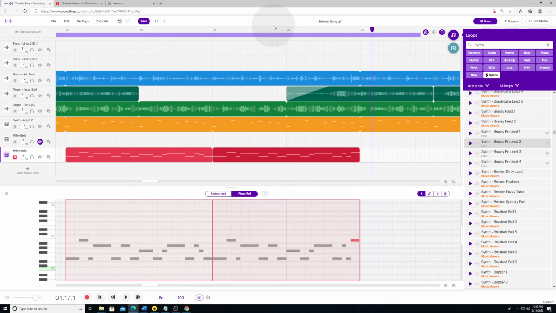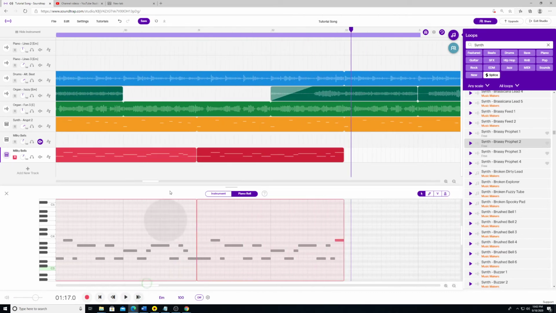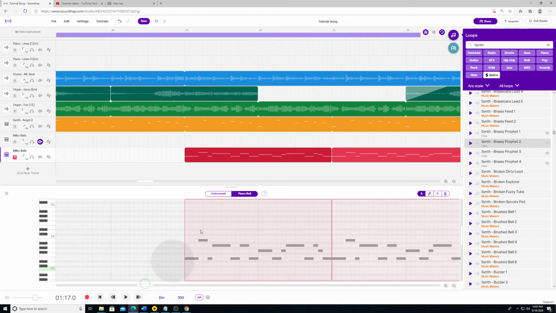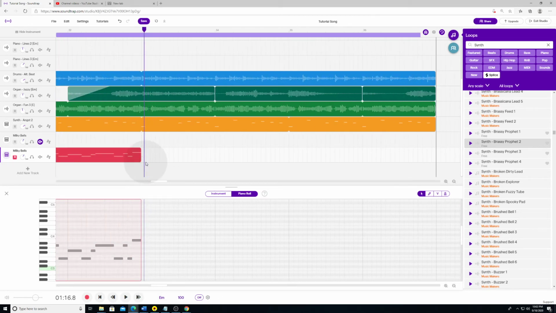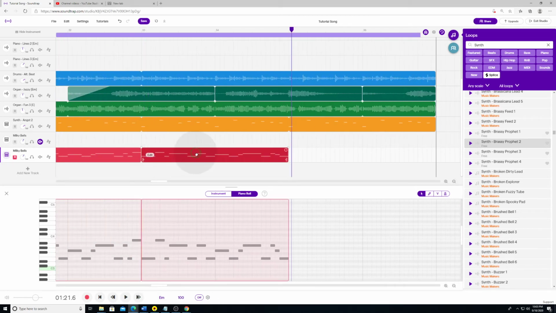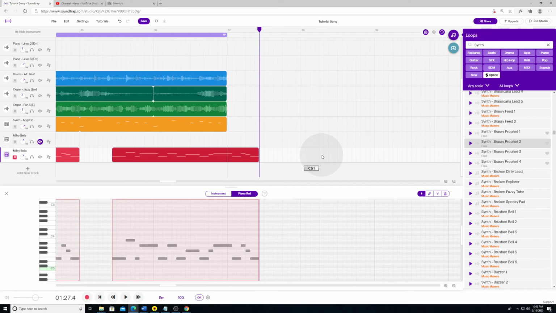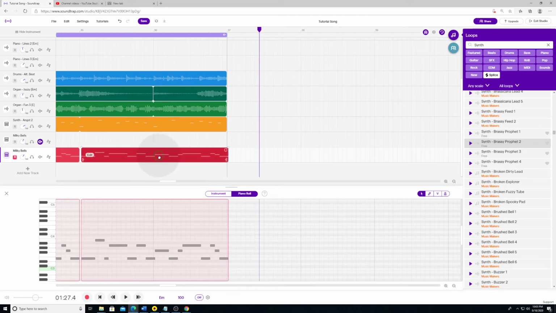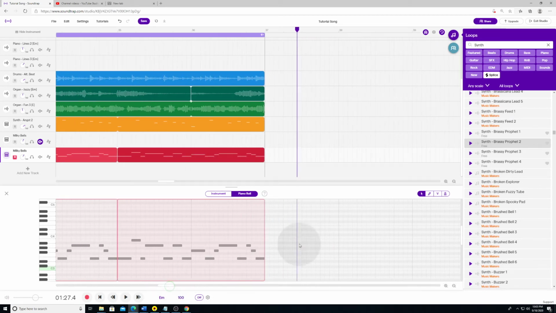Okay, so let's listen to that. Hey, look at that. That's pretty good. I think I'll have this first pattern just repeat as it was, and then for the fourth one I'll just paste it in again, but this one I'm going to change to something like,